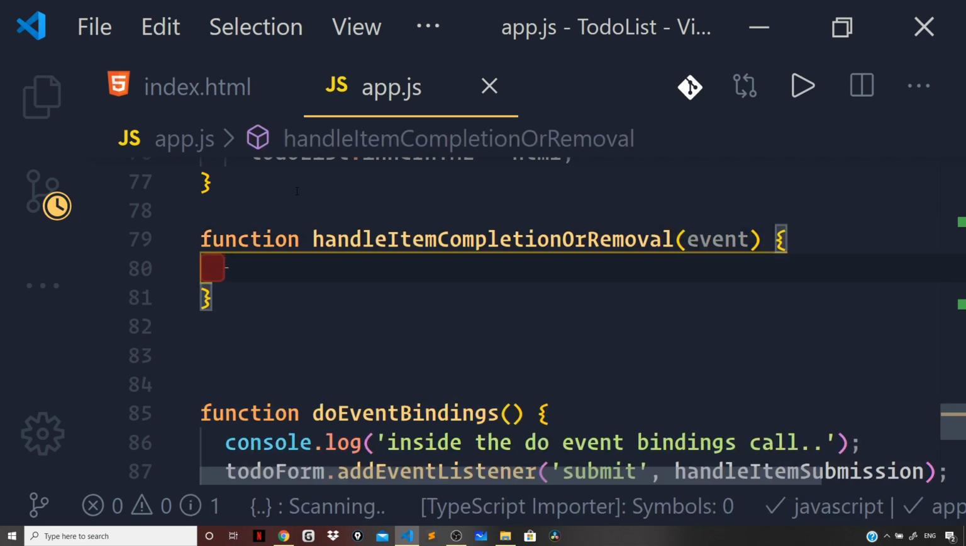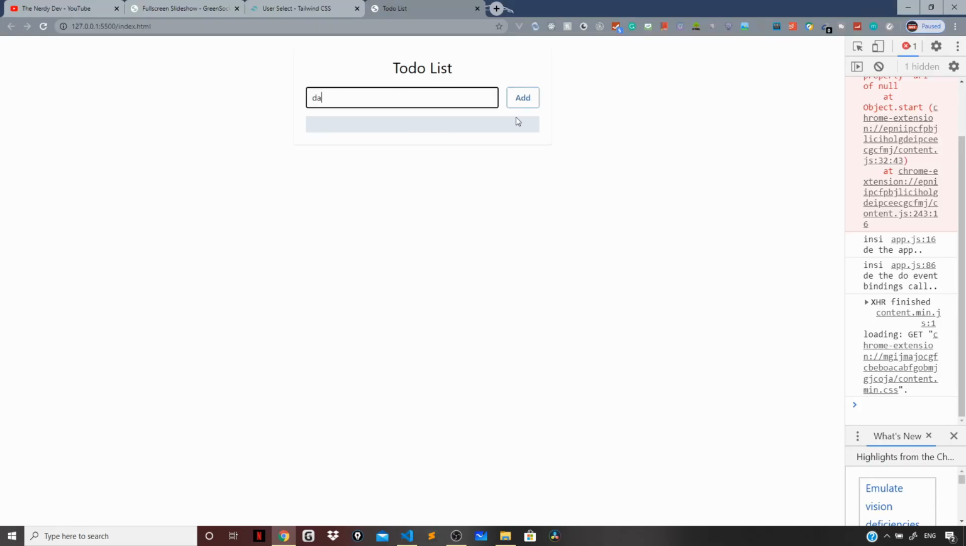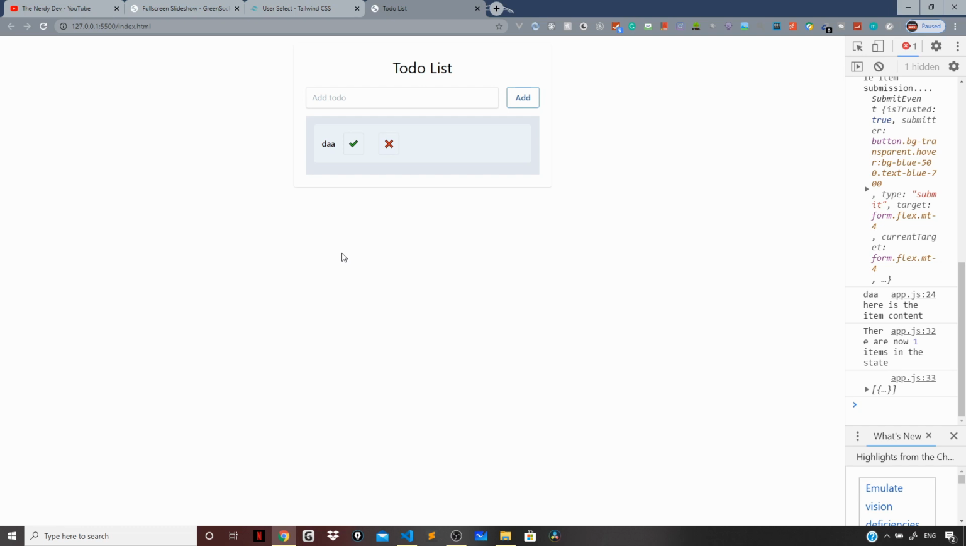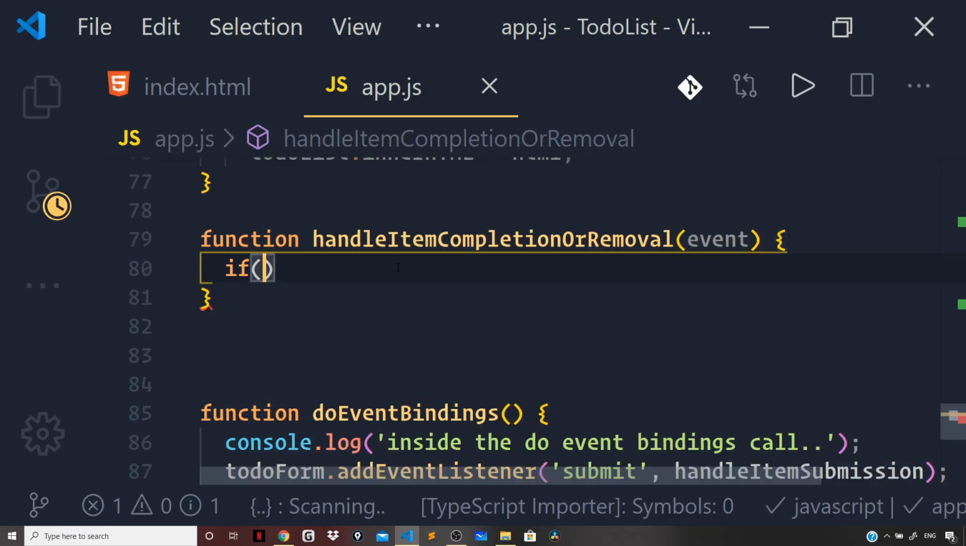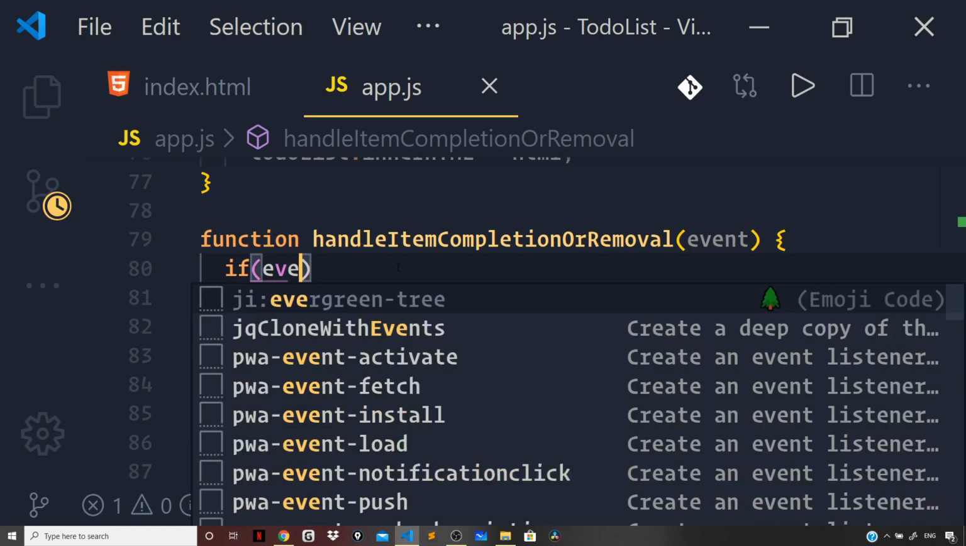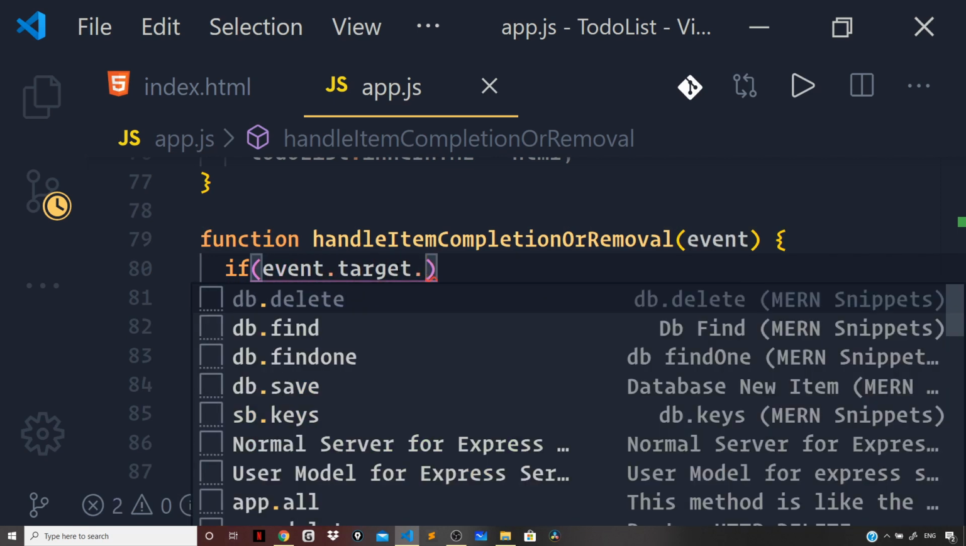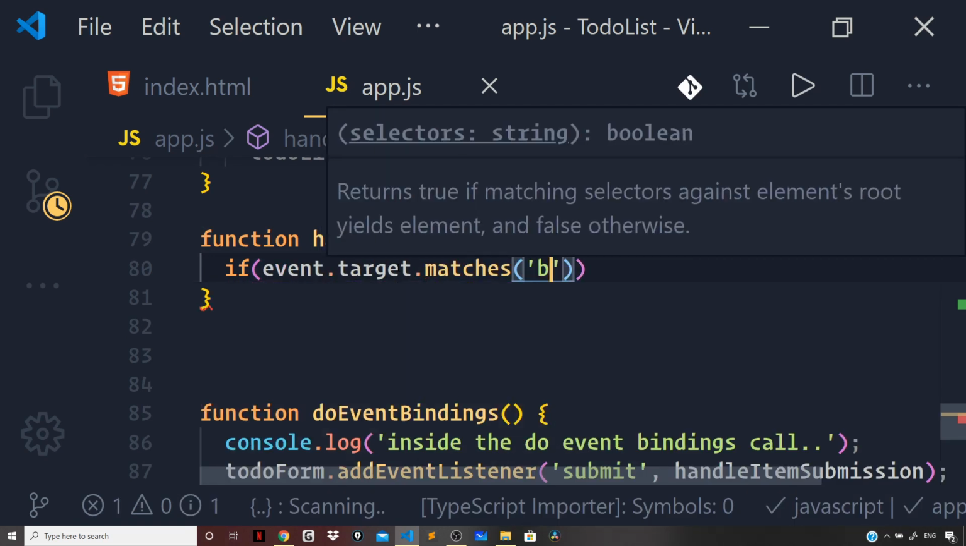First let us check whether we clicked on a button or something else. As we know, we have two buttons in our markup for the list item, one to mark a to-do as completed, which is this heavy check mark, and one to remove a to-do from the list. So I can say if the target of the event matches the button element, if event dot target matches the button element,